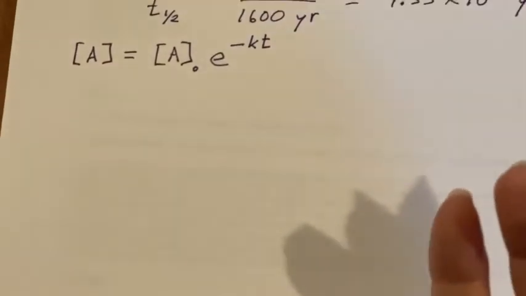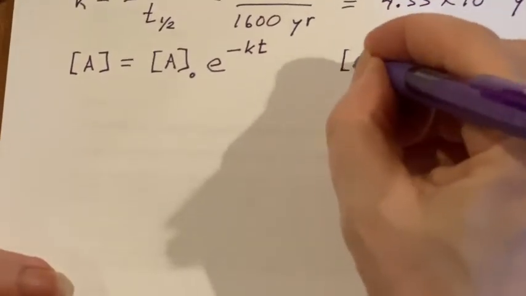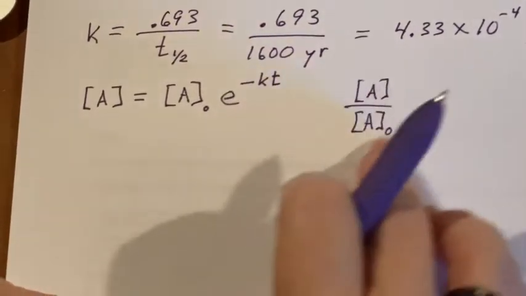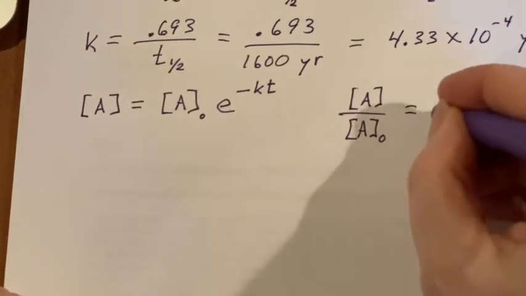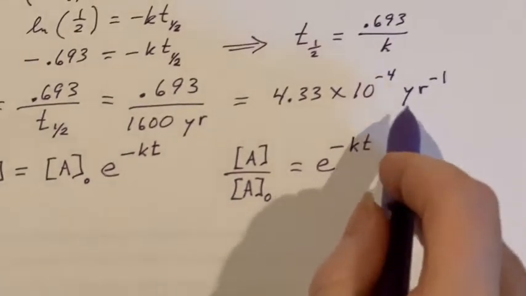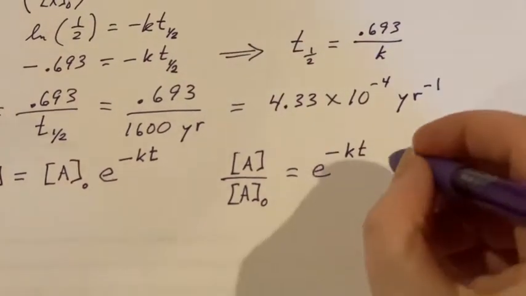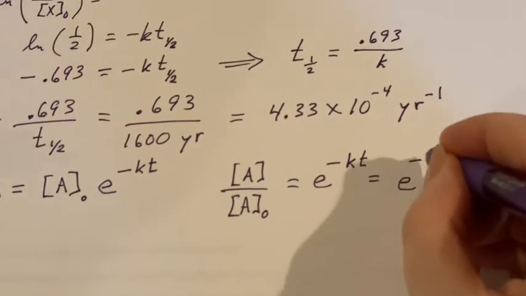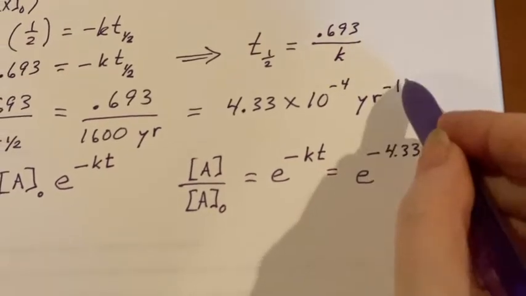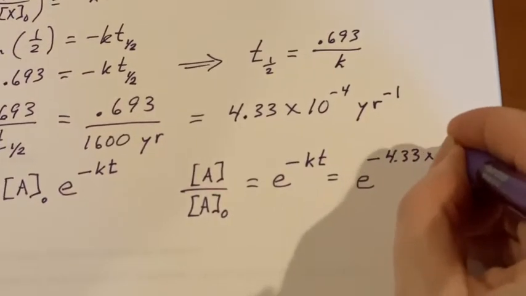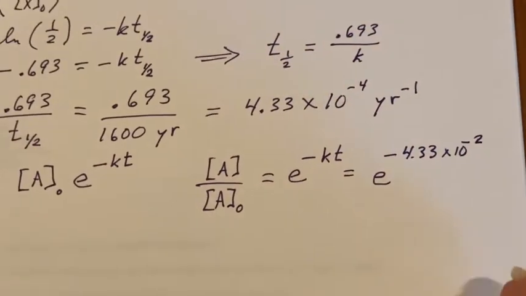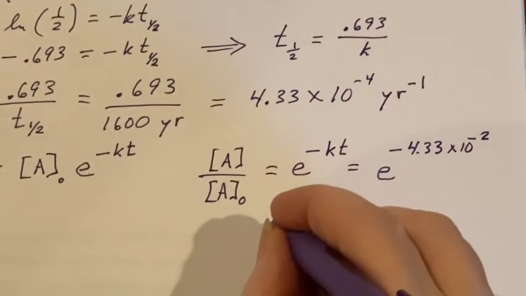What percentage of radium is left? I will rearrange it so that it looks like this, because this would give me what's left over the original, right? And this would leave it as e to the minus kt. Well, I know what k is. I just got through figuring it out, and they told me the amount of time, 100 years. So this is really going to be e to the negative 4.33 times 10 to the minus 4 times 100 years. The years are going to cancel out. This becomes times 10 to the minus 2. It's now a pure number, which is good because I have to have a pure number to use it as an exponent. And when I use my calculator, I get the answer of